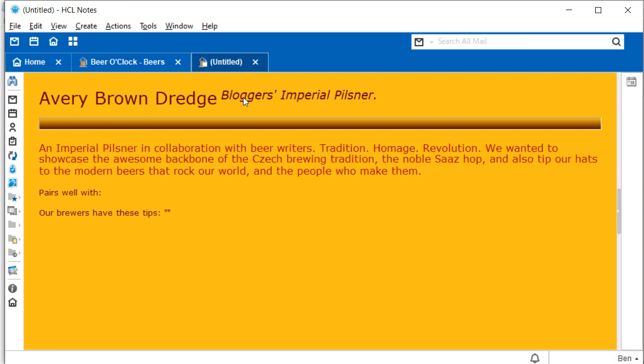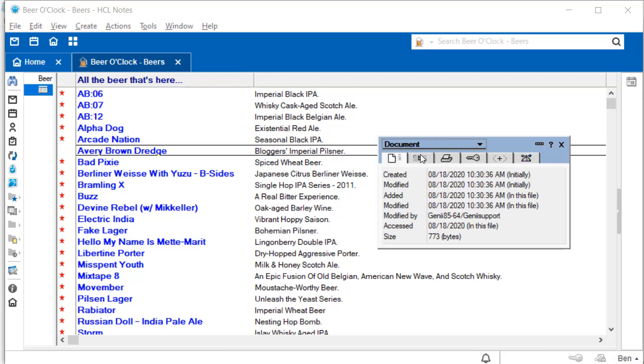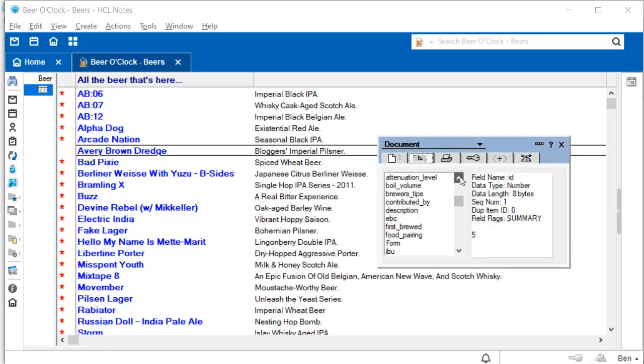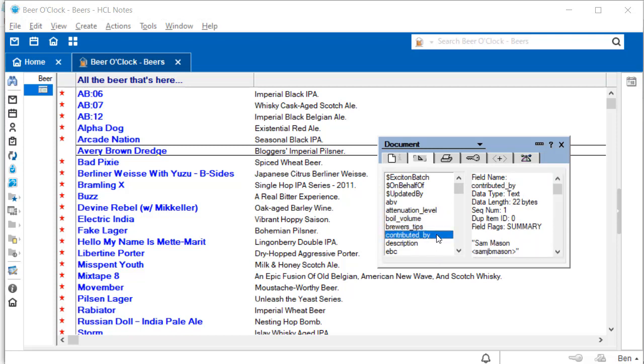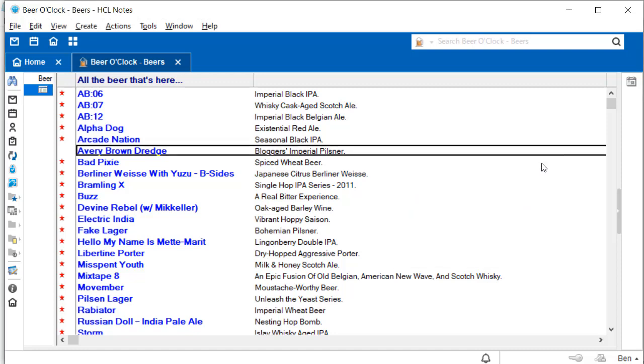If we look in there, it's got titles, taglines, and descriptions. The pairs well with and brewer's tips fields are missing, so I'll have to check on that. Let's look at the properties and see what got pulled in. We don't control this API, so it's got a whole lot of fields that we don't really care about. There are the brewer's tips. Okay, if we look down there, there's food pairing, so we know that they're there, and a bunch of other